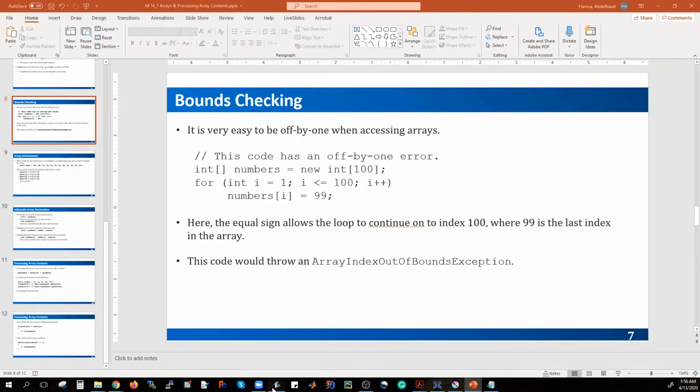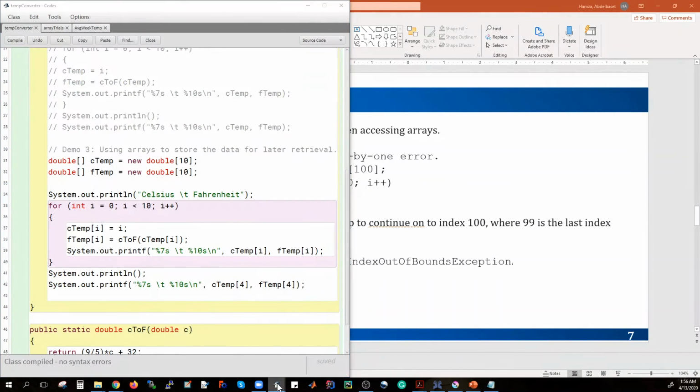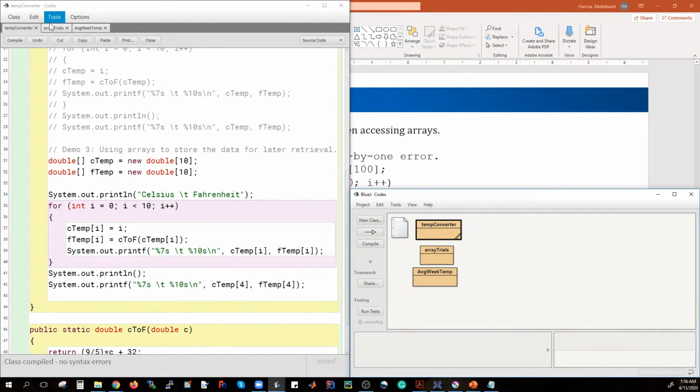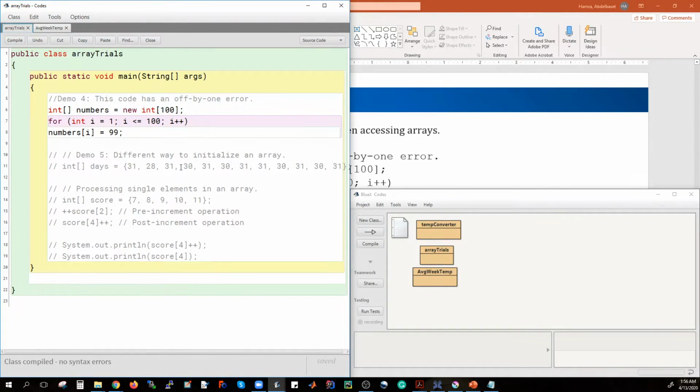It's very possible and very easy to make the mistake of going beyond the array boundaries, and this is going to give you an exception that complains about going beyond this value. So for example, here I have an integer array numbers that has 100 places, and then I go from 1 to 100,